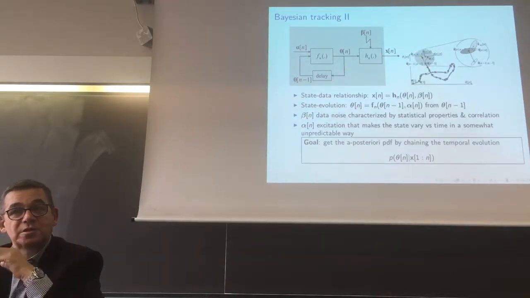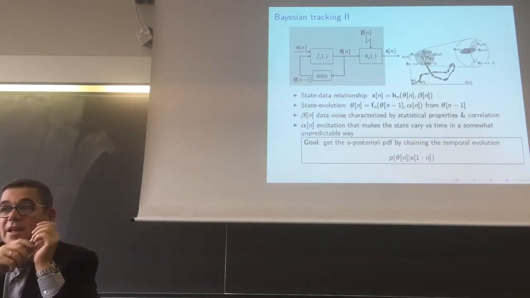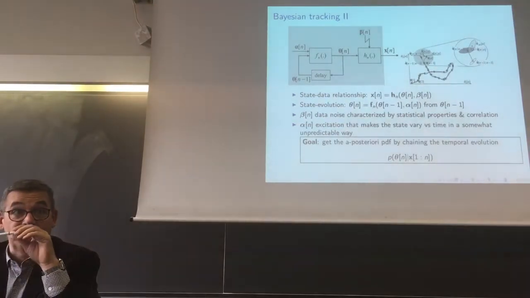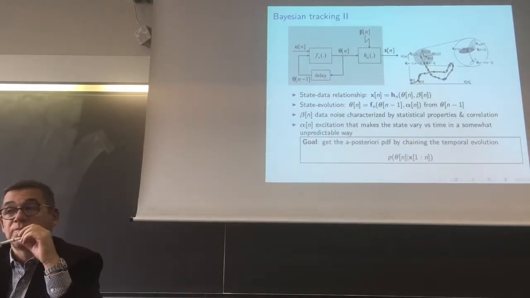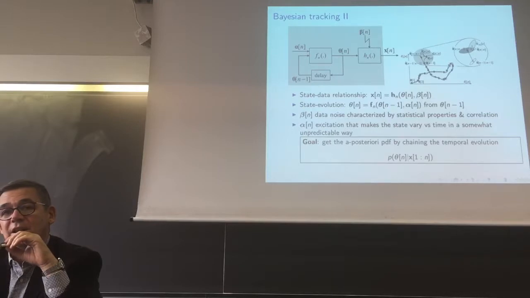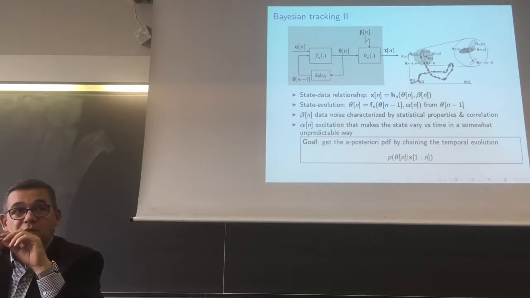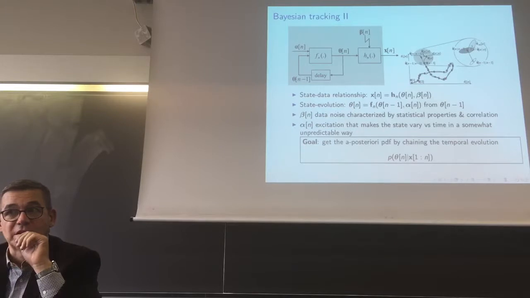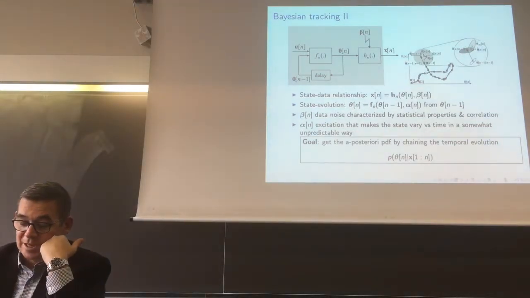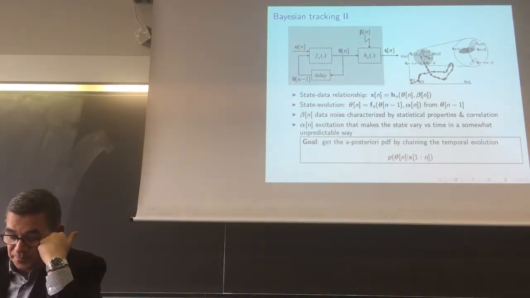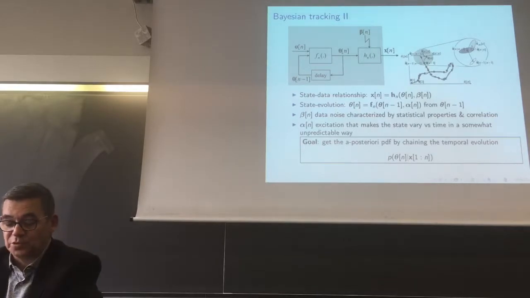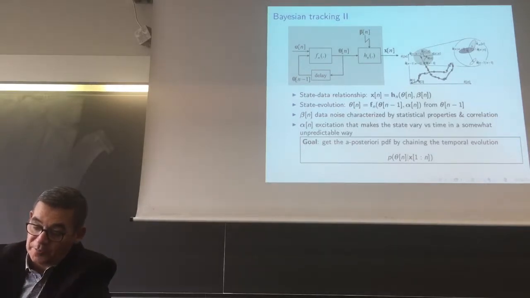One equation is describing the relationship between the state, the parameter called state, because they're changing in time. And then the second equation is the evolution of the state, which is describing how the state evolves from one iteration to another, so from one time sample to another. So then there are two relationships. Now the first one, which is the relationship